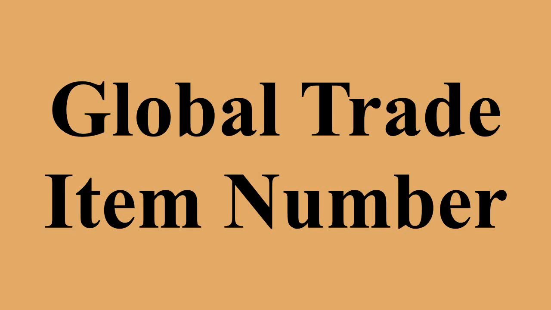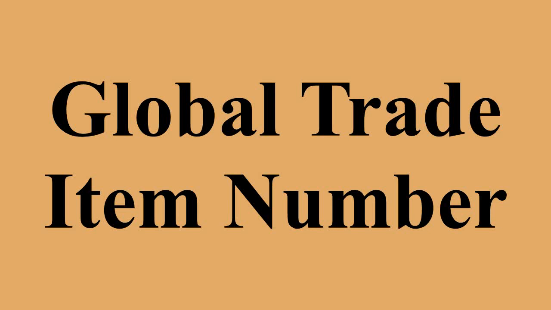GTINs may be 8, 12, 13 or 14 digits long, and each of these four numbering structures are constructed in a similar fashion, combining company prefix, item reference and a calculated check digit. GTIN8s will be encoded in an EAN8 barcode. GTIN12s may be shown in UPC, ITF14 or